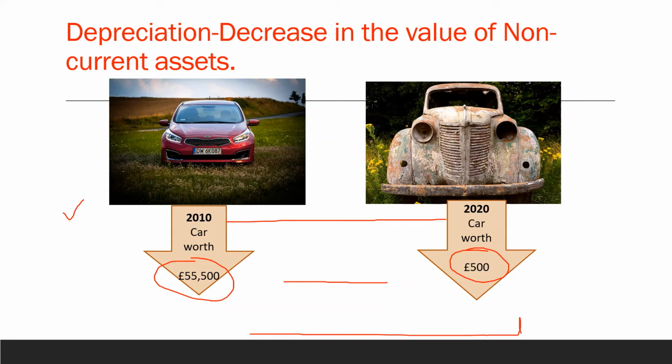So let's recap with the help of the same example which we discussed in your seminar 2. So what is depreciation? Depreciation is simply a decrease in the value of your non-current asset. When I'm talking about non-current assets, I'm talking about your plant and machinery, land and building, furniture and fixtures, your cars, your vehicles, your fleet. So all your non-current assets decrease in value. This value is decreasing because of wear and tear, or because of passage of time, or because of obsolescence. The reasons could be any, but depreciation is essentially the decrease in the value of your non-current asset.